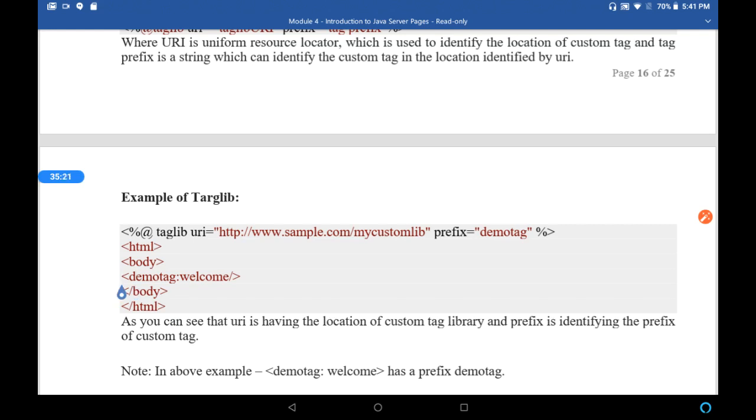As you can see, the URI has the location of a custom tag library, and the prefix identifies the prefix of the custom tag. Here the prefix of the custom tag has to be matched, such that JSP allows the user to create a custom tag. We will be dealing with this tag library and the prefix tag in subsequent lectures. If you want to explore, please refer to the websites and books, the online resources specified